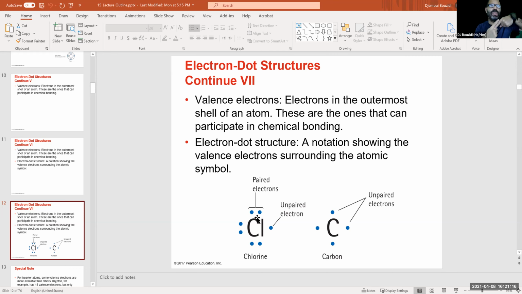That's it. You cannot squeeze in any more, because the next one you put is going to be either spin up or spin down, and that violates the Pauli exclusion principle. You cannot have 2 electrons in the same energy state. They cannot both be spin up. They cannot both be spin down, because then they will be in the same quantum state, and this is a violation of the exclusion principle. So one of them is up, one of them is down, that's fine. So this is saturated, this is saturated, this is saturated. This is waiting for a partner to basically